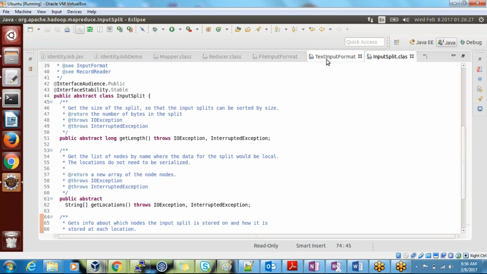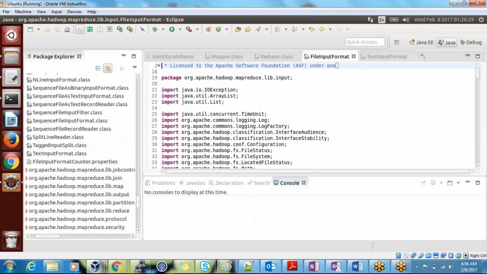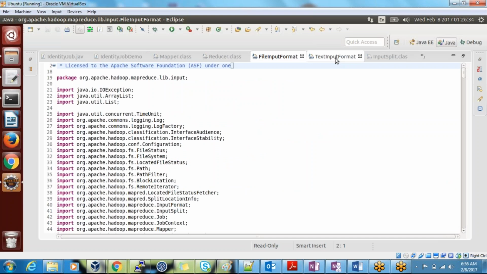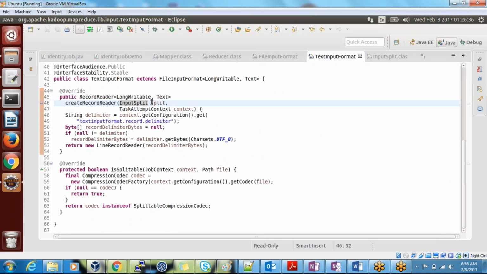Let's go back to the text input format. Now you know the input split. Now how do I read it? How will I know whether it's one line or multiple lines? Based on the text input format dot record dot delimiter. A slash n is the character for it. So we will find,